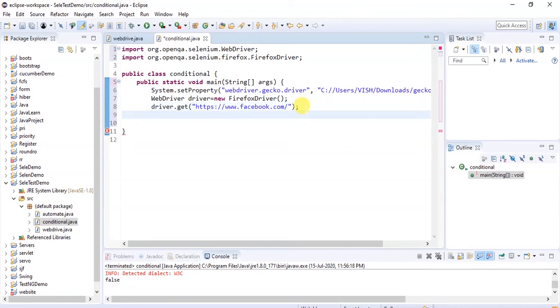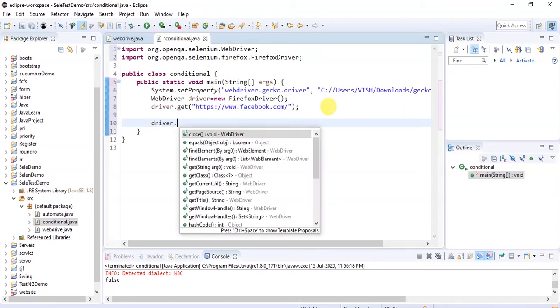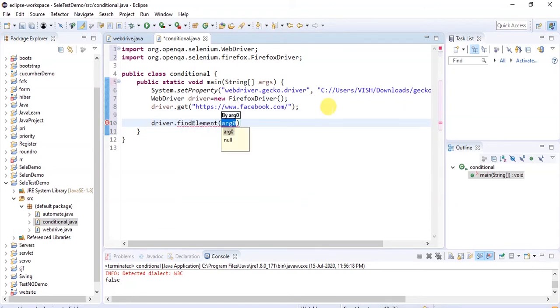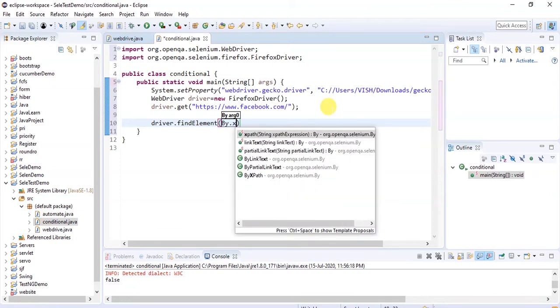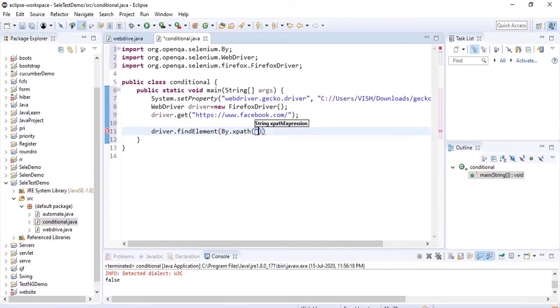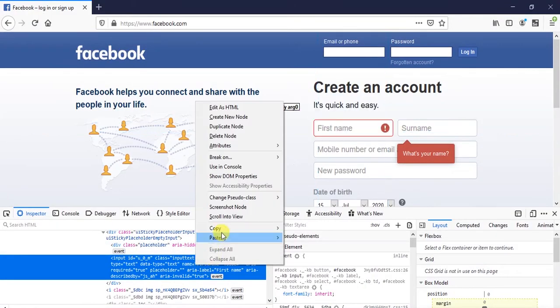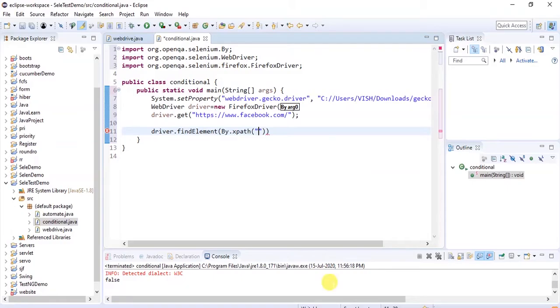Now, driver.findElement by XPath we are going to use here, and we have to identify this element. So simply copy this XPath and use it in our code.